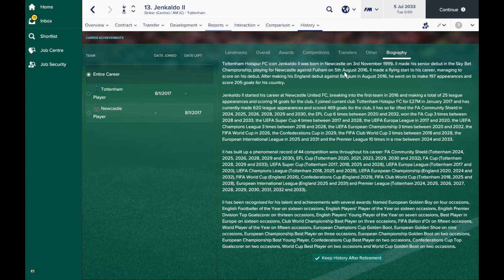And he's gone on to make 197 appearances and 205 goals for his country. Moved to Spurs for £27 million, and he's made 620 league appearances and got 469 goals for Spurs. That is not bad at all. Community Shield, he has won that competition 6 times with Spurs. He's won the EFL Cup 6 times, the FA Cup 3 times, the UEFA Super Cup 4 times, the Europa League twice,